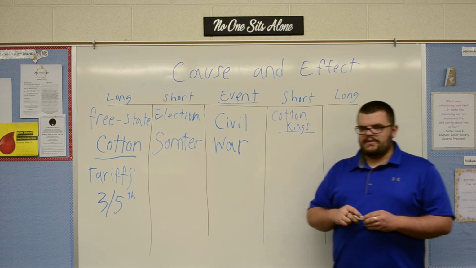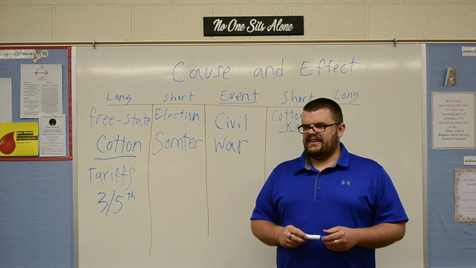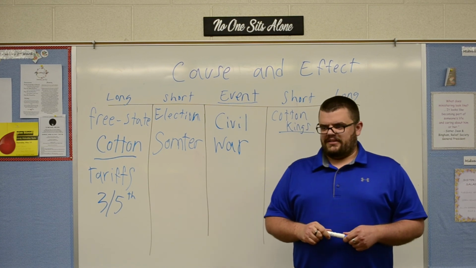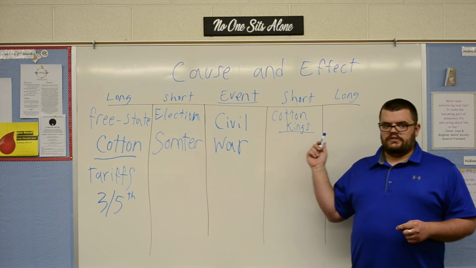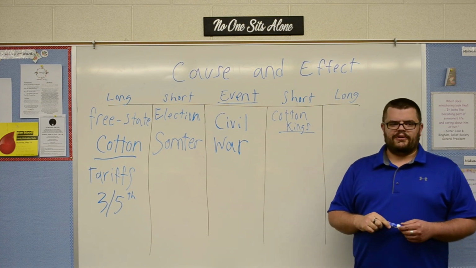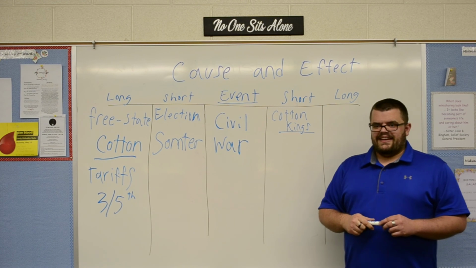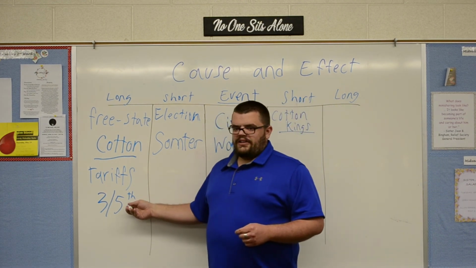These Cotton Kings made up less than 1% of the South. How many slaves do you think they had? Hundreds of them. And if every single one of those slaves was able to get a full vote, do you think they'd vote for who they wanted to vote for, or would they be told who to vote for? They'd be told. So that is one of the compromises that was made, and that is one of the long-term effects that really angered the South,